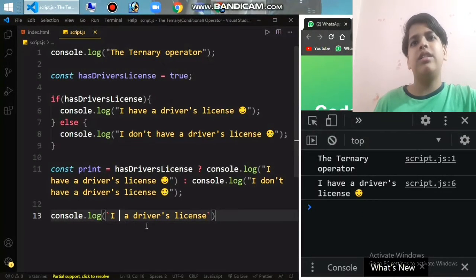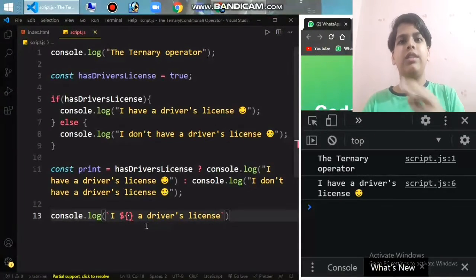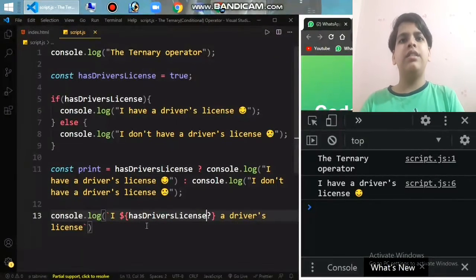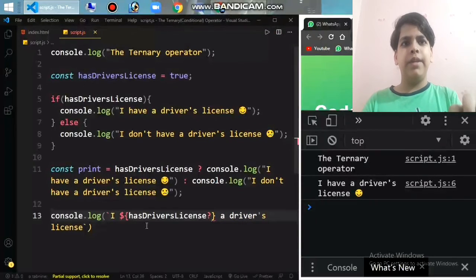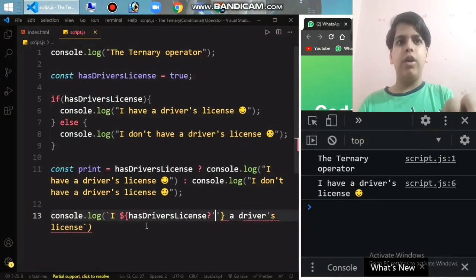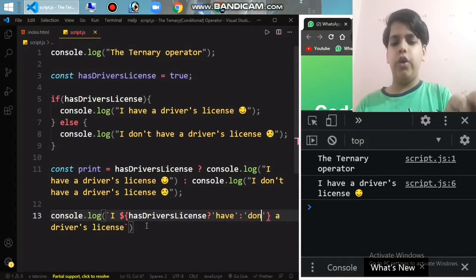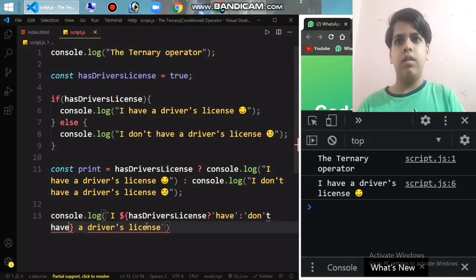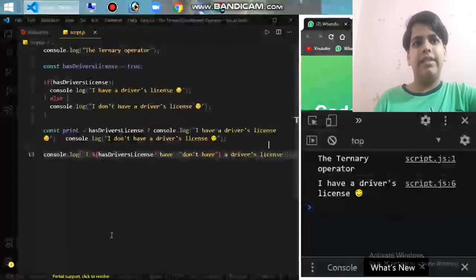So how I can do it is console.log, and then here put an expression. Here I put the ternary operator: do I have a driver's license? If I have a driver's license, then simply print "have", or else "don't have". So that's that simple.